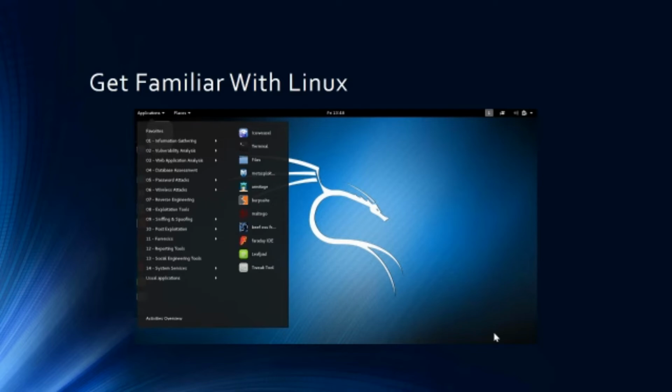And if you used the Linux operating system before, you can skip this section and move to the next section. But if Linux is new to you, I suggest that you spend some time getting familiar with the operating system, because as a penetration tester and ethical hacker, one of your main tools will be Kali Linux. So unless you are familiar with this operating system, you will not be able to use Kali Linux in an